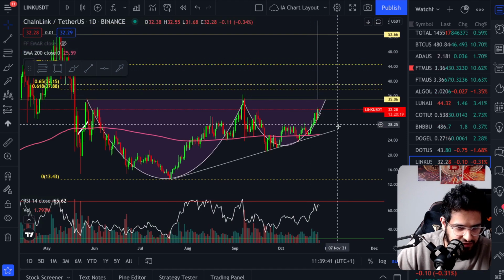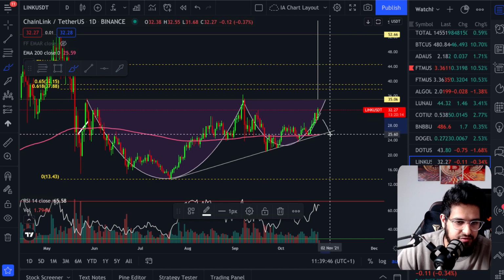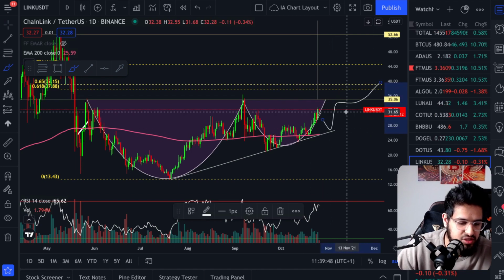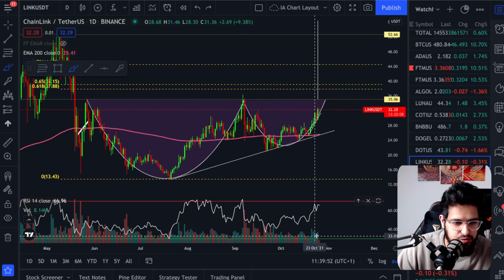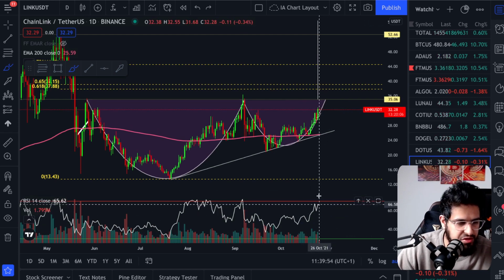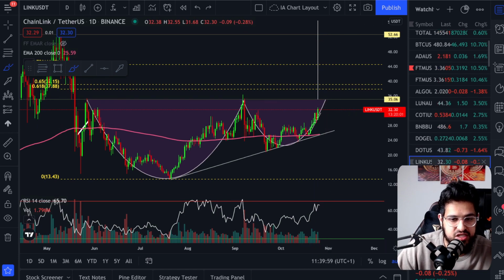Okay, this can still reverse to the downside and come and test these levels here on its longer term trend and go around this way. But what we want to see is if we can keep this momentum coming up. You can see good volume coming in now, to be honest, and decent room on the RSI left. If we can get three or four more good days,